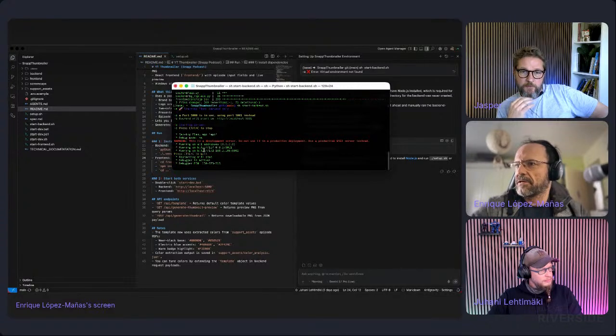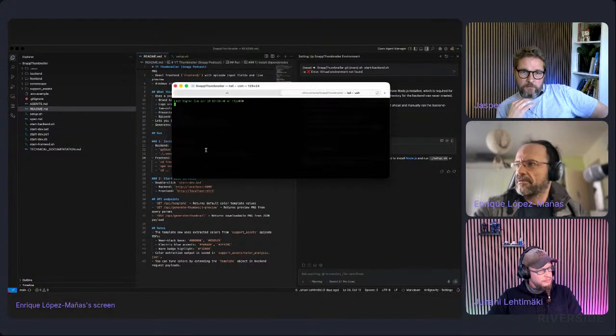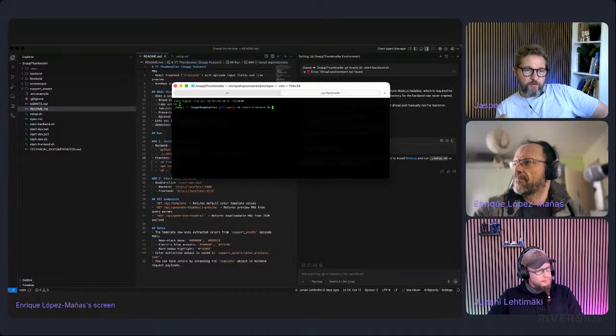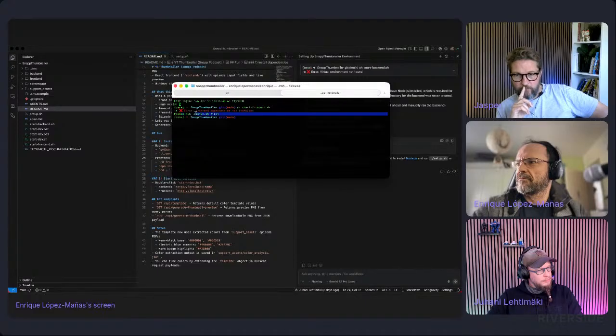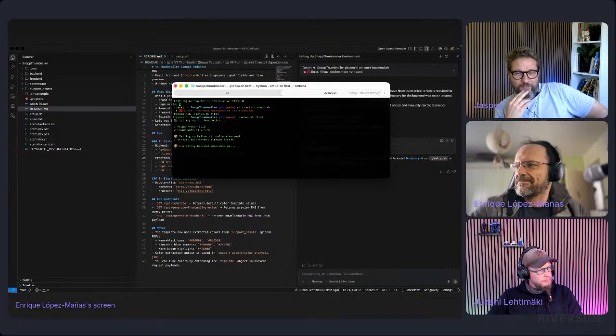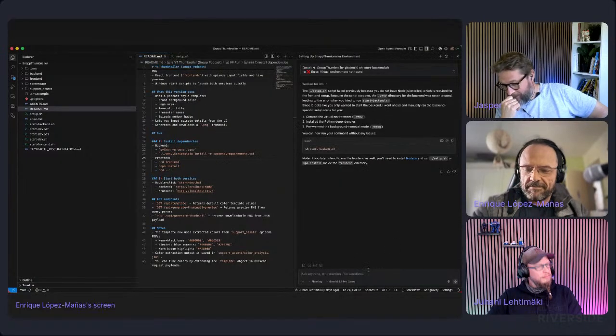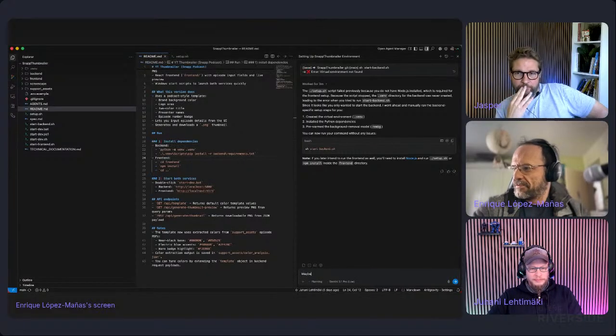I think I have the backend running. Let me now see if I can run the front end. So again, there's a startup-dev.sh that will run both for you. But anyway, is it the first time I'm trying to run it? I'm going to run the setup first. I should have given you this information, it should be in the README. Okay, let's see, maybe we can even have the LLM as well. Yeah. There is a setup.sh file that